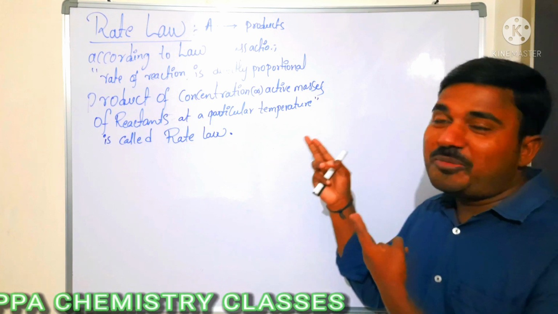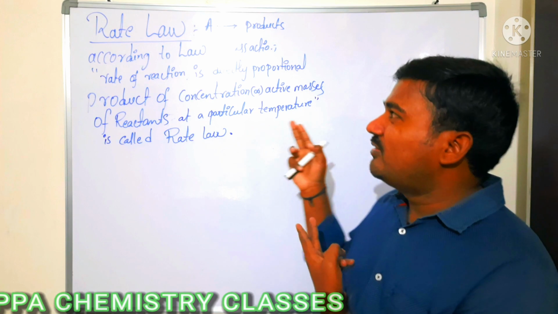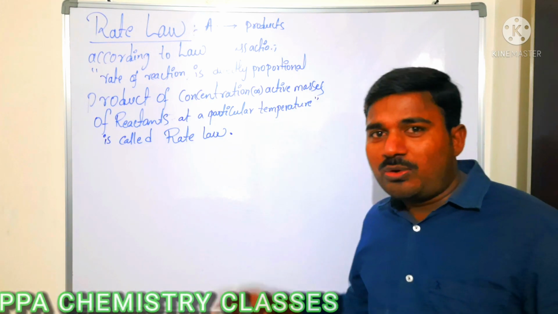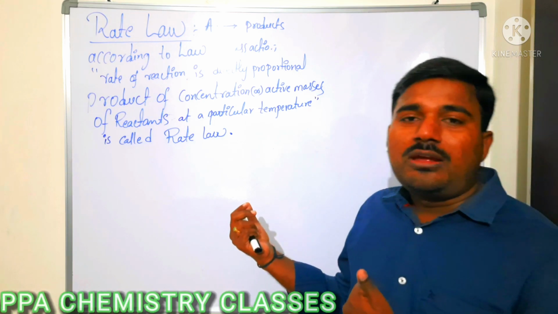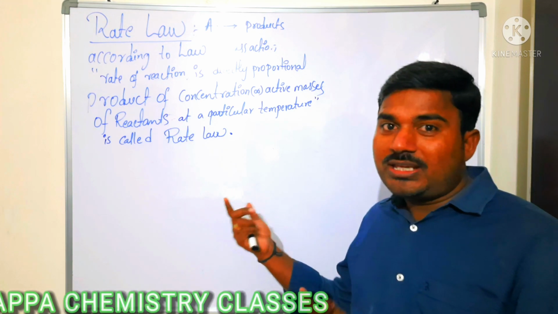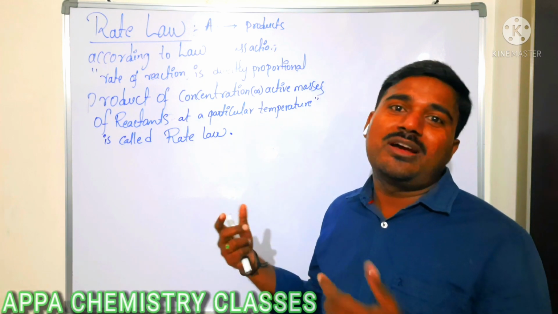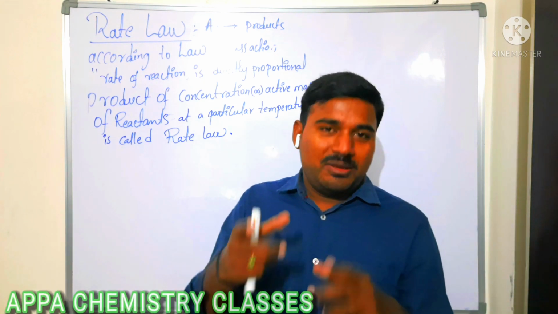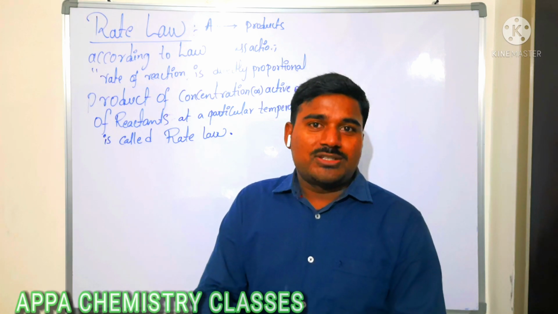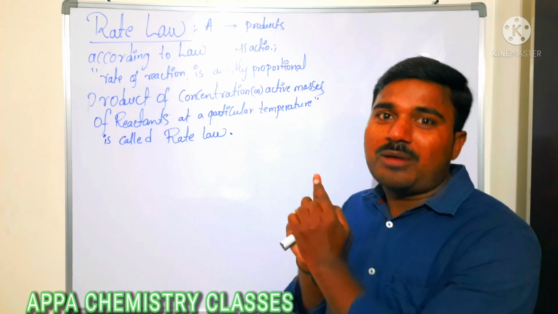So again, we are coming to the next concept in chemical kinetics, video number 3, part 3, that is rate law. First we will discuss the concept of rate law, and after that we will see the units of rate constant, which are very useful to identify the order of the reaction. How to identify the order of the reaction by seeing the rate constant values, I will tell you. And also based on this rate law, we have some problems.